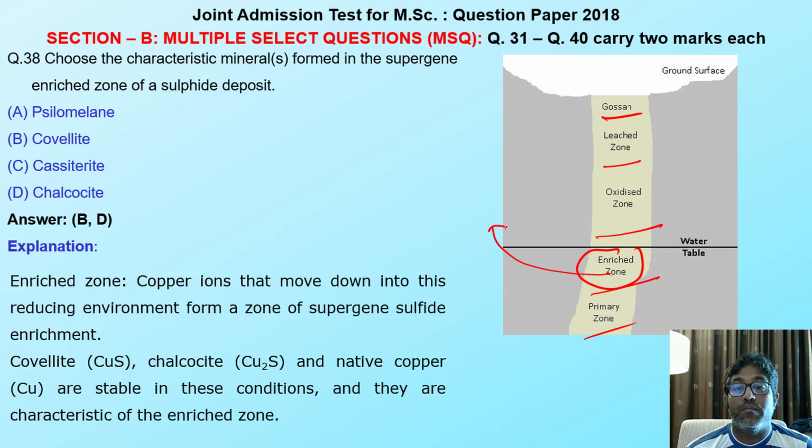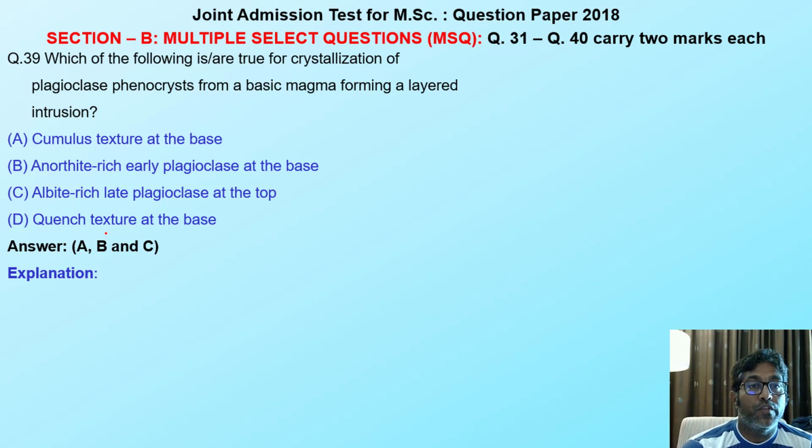What type of characteristic sulfide mineral will we get in this enriched zone? It should be covellite and chalcocite. So my option is covellite and chalcocite, B and D. Again, this is simple, definition related questions. Moving to the next question: which of the following is/are true for crystallization of plagioclase phenocryst from a magma